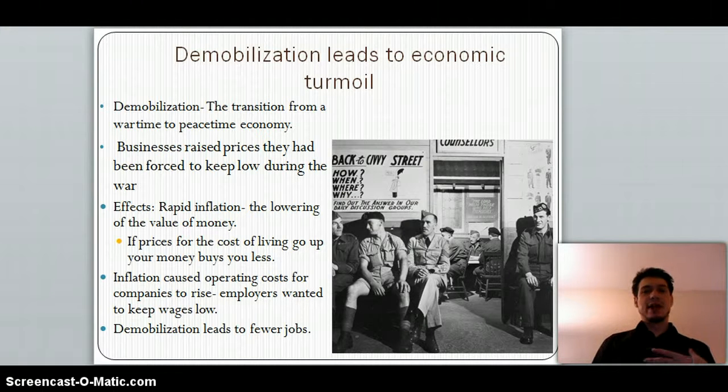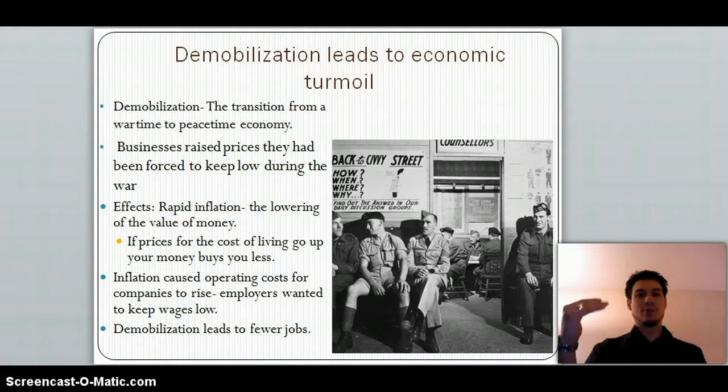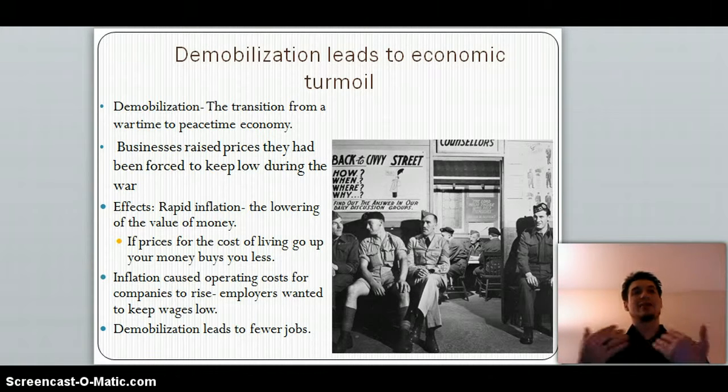And again, at the same time, in America, we have demobilization. And this definitely hurts the economy because with demobilization, you're going to transfer from a wartime to a peacetime economy. Now, with this, you're going to have huge, rapid inflation. A lot of the troops when they come back are going to be looking for their jobs. They're not going to be there. Factories running at 110, 120%, making weapons for the war, are now going to be going down to about 60% or so of capacity, and at that point they're going to lay off people and of course not give those veterans their jobs back.